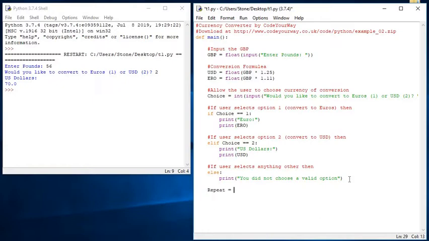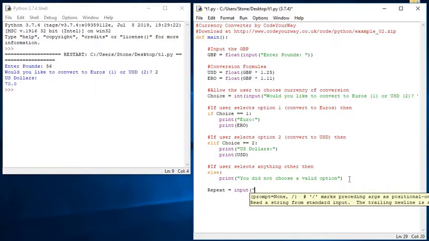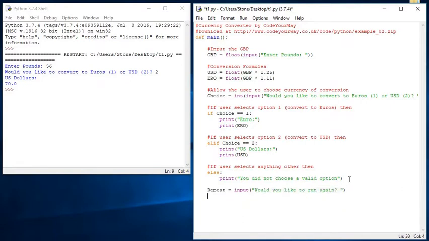And what I'm saying is, if repeat is equal to yes,